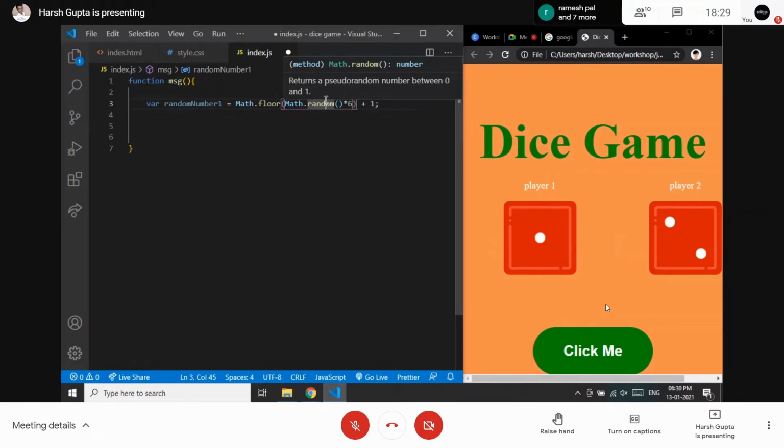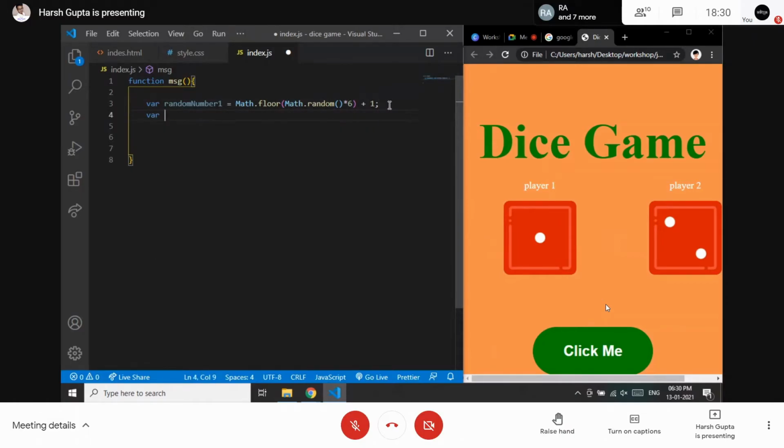Sorry, not 0 to 6, it would be between 0 and 5. But we want to start from 1 to 6. So I just need a plus 1 here. If it gets 0, then plus 1 will make it 1. And if we got the highest number, which is 5, then it will become 6. So we are creating a random number from this function.